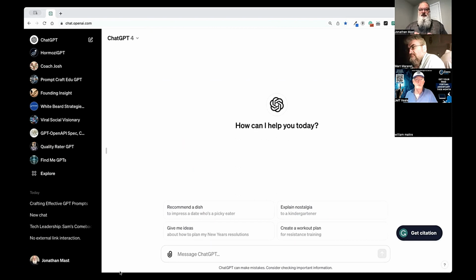We're literally going to take time today and we're going to walk through step by step. The reason I'm sharing my screen is we're going to show you how to create these GPTs so you know exactly what to do in order to set them up. But first, let me spend just a moment talking to you about why custom GPTs, why are they important, and what is it? So a custom GPT really at its core,